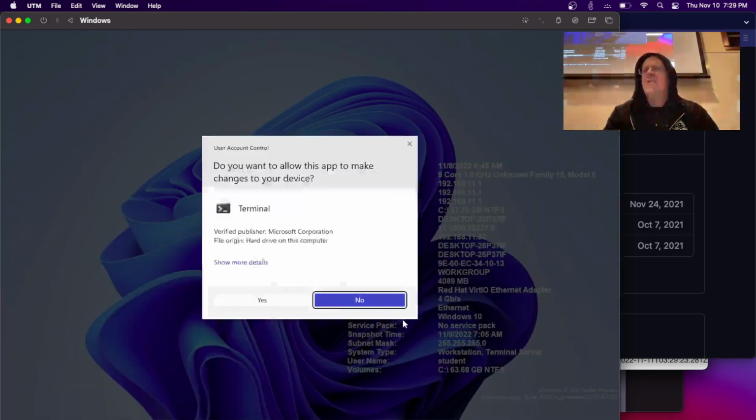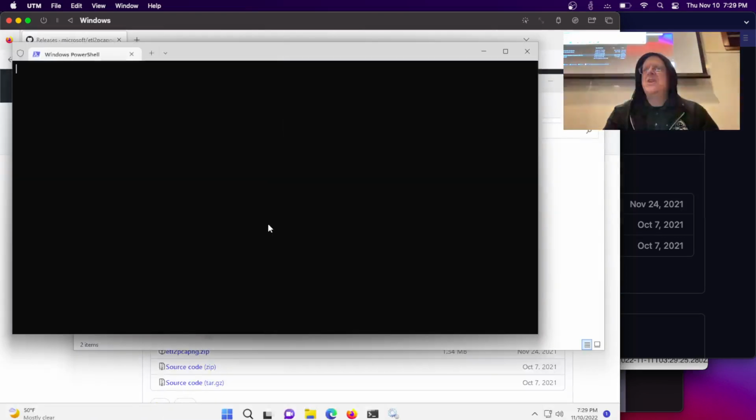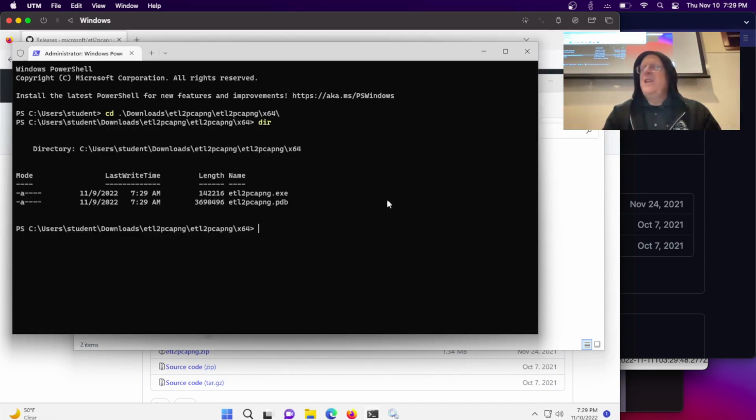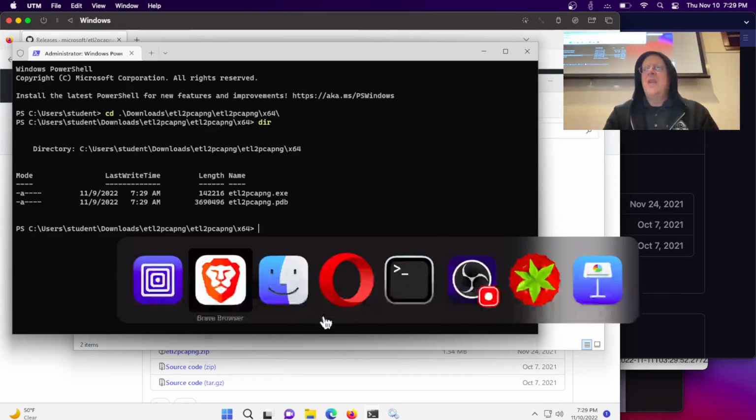There, run as administrator. All right, now I need to go in that folder. One thing I like about Windows 11 is when you open an administrator command prompt, it actually starts in your profile folder instead of starting in C:\Windows\System32, which is one of the annoyances. So they actually fixed something that's nice. Downloads and ETL, and x64. All right, and there's the tool we need, and I need to run it on that path from Velociraptor,